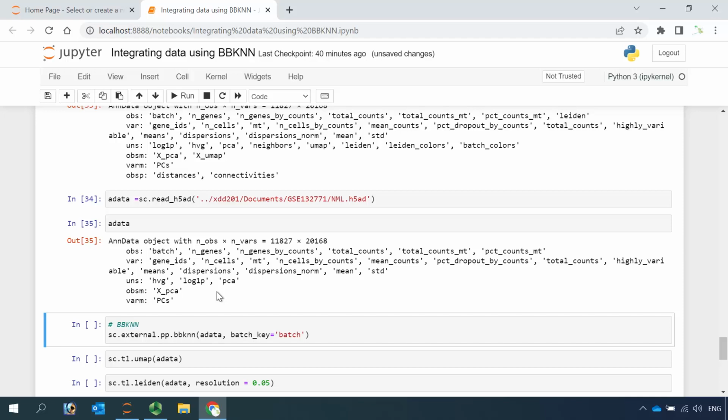So for the BBKNN analysis, you will need to do the same: load the data, perform the quality control, normalize the data, and perform PCA analysis. Because we saved the data for those analyses, we don't need to do it again. We can directly do the